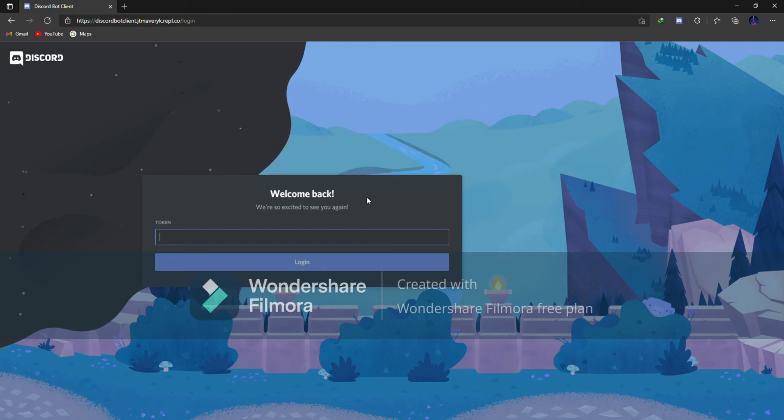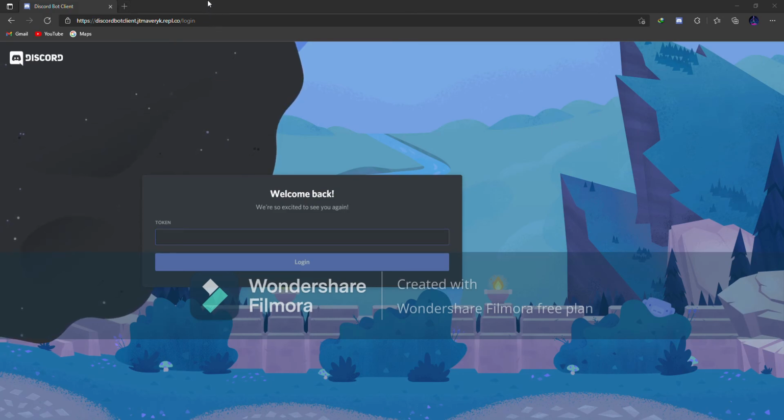Okay guys, I'm back. I opened my developer portal and logged in to my account. To make sure, I'm going to check if it's loading. No, okay, leave it. Now you'll see the token like that. I'm going to tell you again: go to your Discord developer portal, go to bots, and underneath the username you'll see the token.